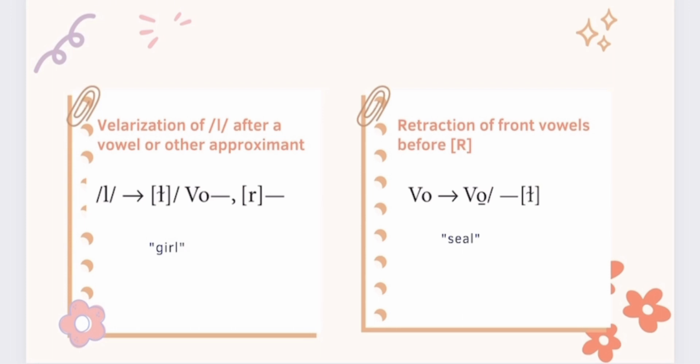Velarization of l after a vowel or other approximant. This sound becomes dark or velarized after a vowel or other approximant and becomes clear after another. Example, girl. Retraction of front vowels before r. Front vowels become retracted when they precede the velarized r sound. For example,